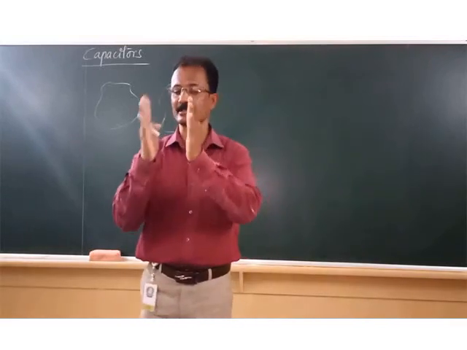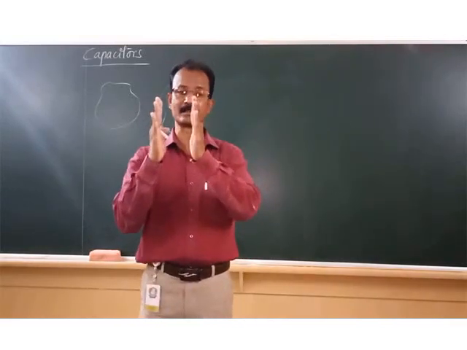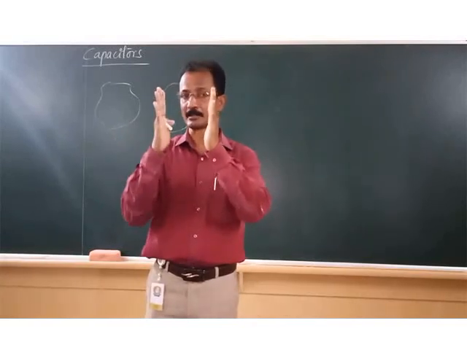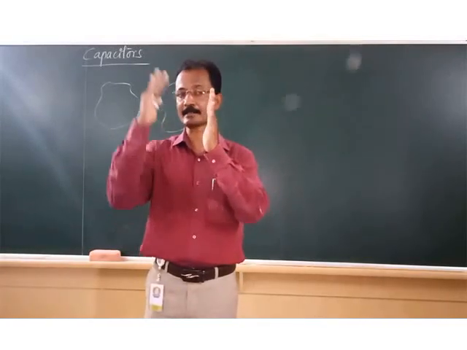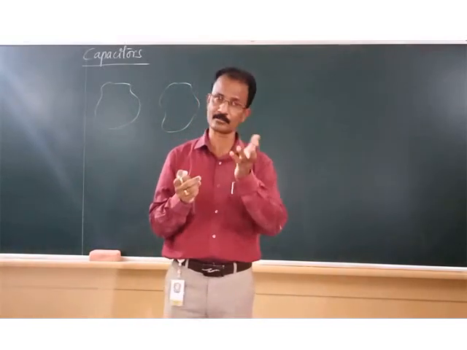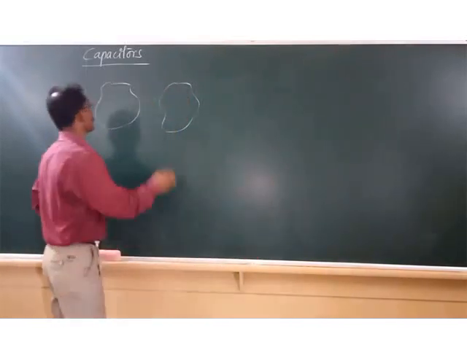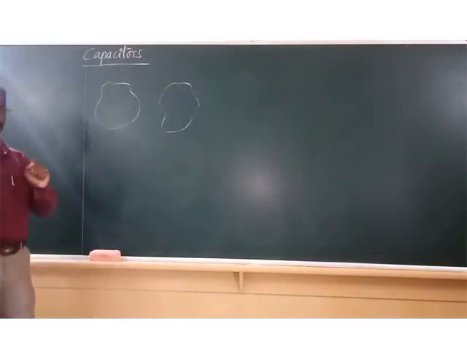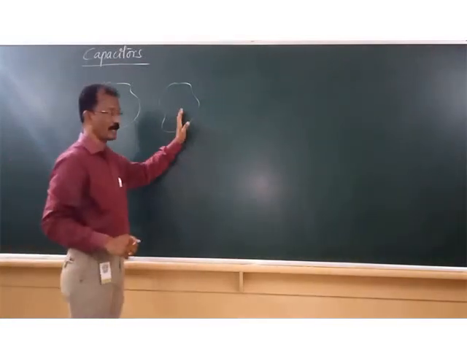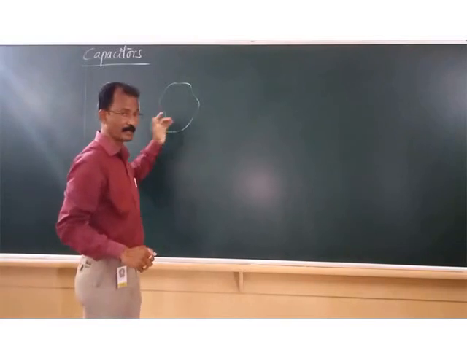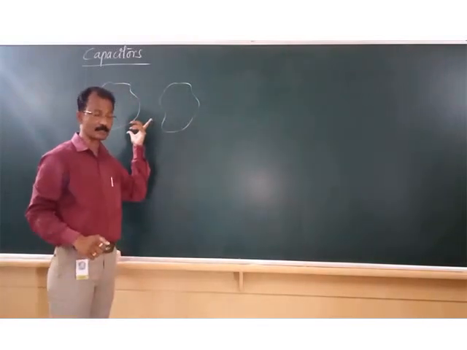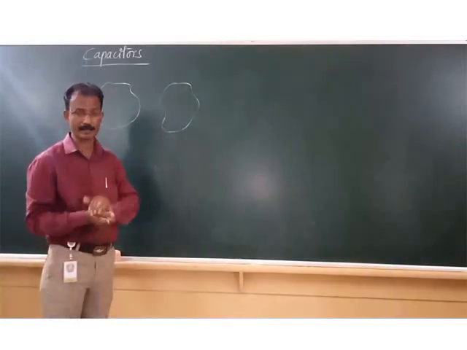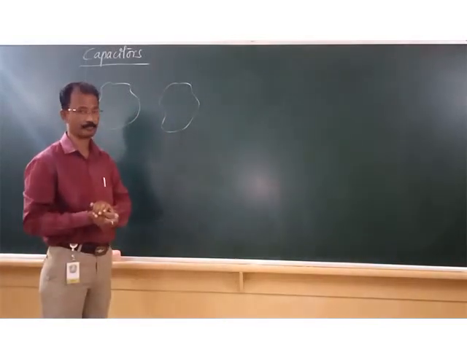If the space between the two plates is empty, air fills this space. Then air acts as a dielectric. Air is also a dielectric. A capacitor is a device that is used to store electric charge. It consists of two parallel metal plates separated by a small gap. The gap may be empty or filled with one or more dielectric materials.